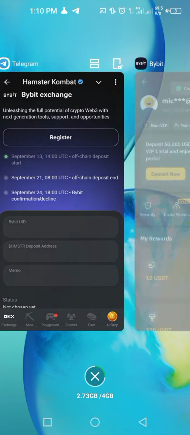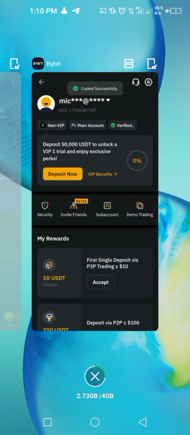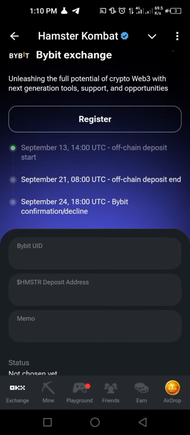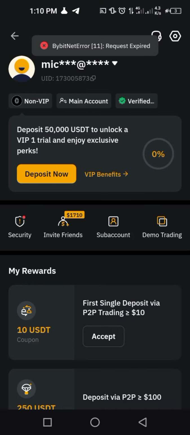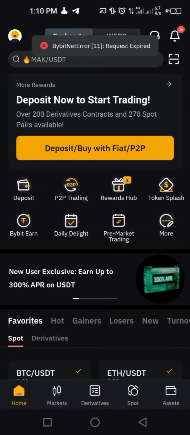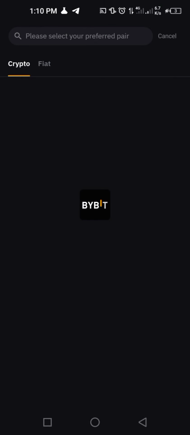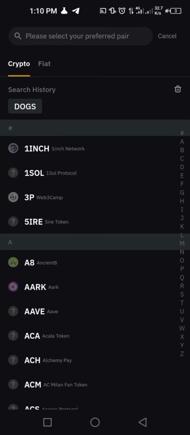Okay, and I'll go back to Telegram. Then I'll paste the UID I copied here. Then I'll go back for my Hamster deposit address. Then from there, click on deposit. So after I click on deposit, it will load. Then when it's done loading, you search for